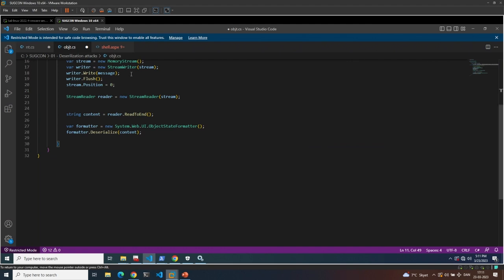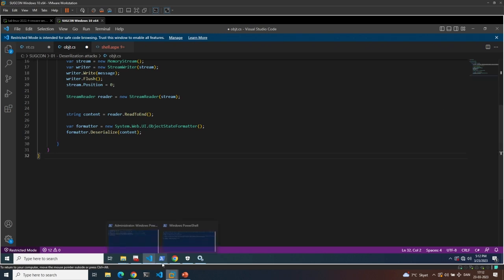The next thing, which is actually used in the next CVE we're going to see, is the object state formatter, which is used when deserializing view state, for instance, and that is initialized in Sitecore in an unsecure way, which means without any parameters. So if you're just newing up your object state formatter, it's vulnerable to this type of attack.